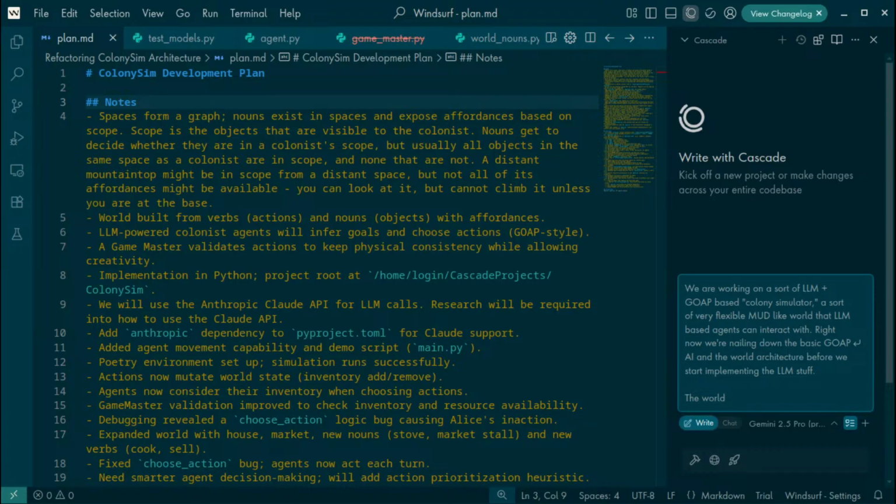The world model is very simple. There are nouns and nouns afford verbs to agents. There is a concept of scope, and right now scope is simple.